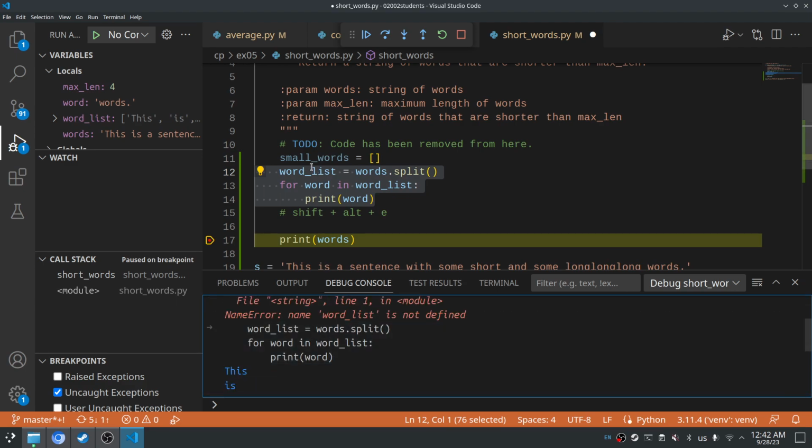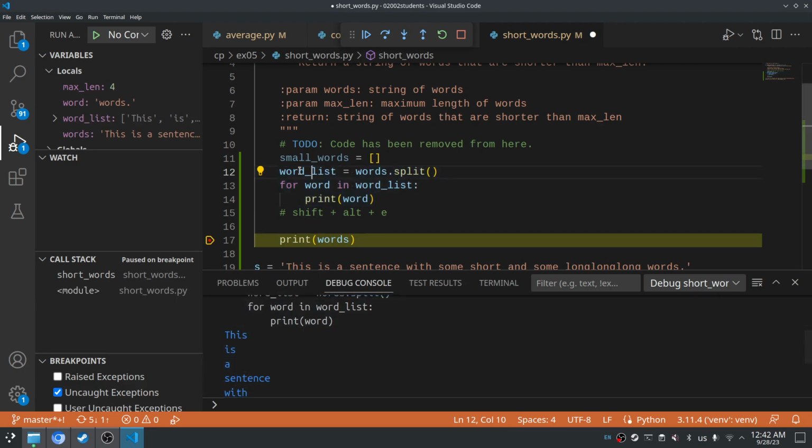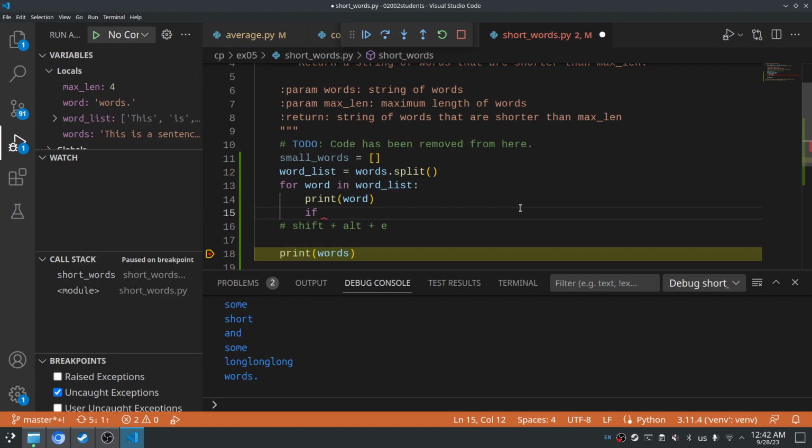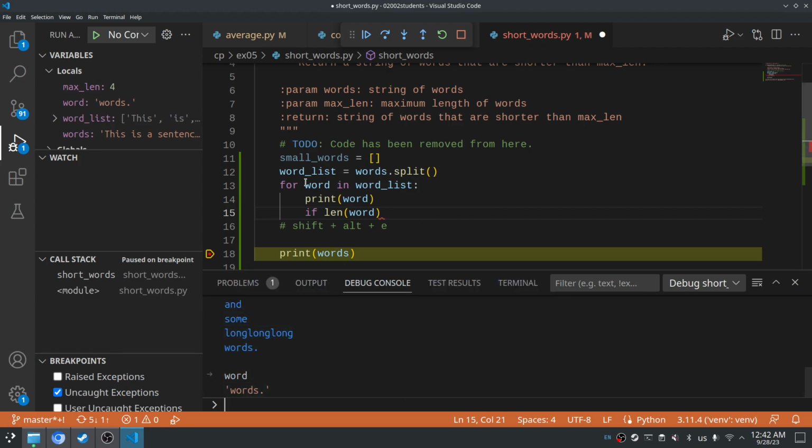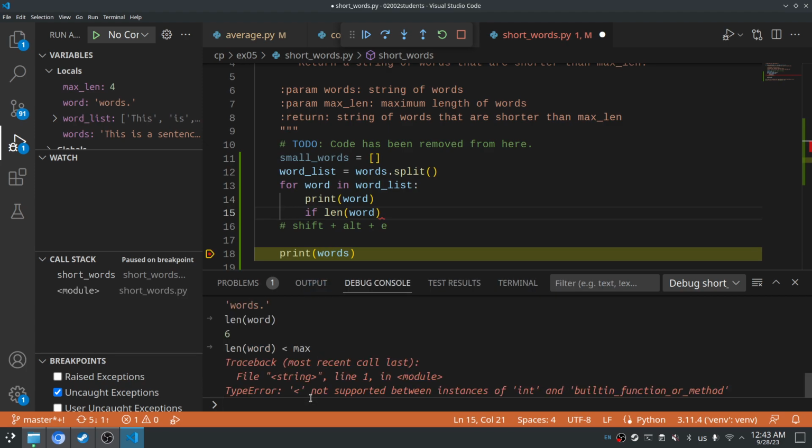So I simply ran these 3 lines in sequence. First I define this variable, I loop over it, and I print out each element, and that gives me this output here. And now an idea is that I take and compare the length of each of my words. So let's just check what word is at this point. It's the last value that it took when it had this loop. And then I can of course compute the length of my word,